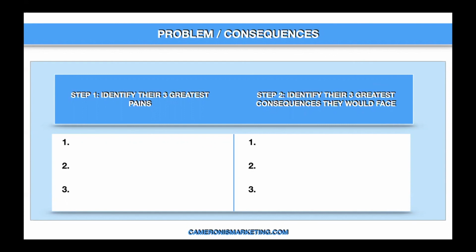So for an example, if I'm in a business or online business or network marketing, then I would say, okay, my avatar faces the number 1 problem, which is that they never make any money in their business opportunity. The consequences of that is that if they're married, they may get into multiple arguments with their spouse because they keep spending money and no money is coming back in. The other consequence is that they can ultimately get divorced and be alone, become a drug addict or what have you. You get what I'm saying?